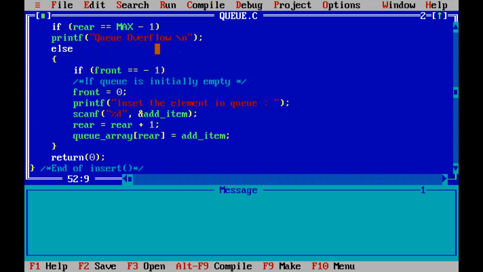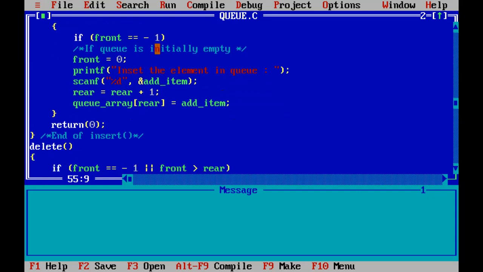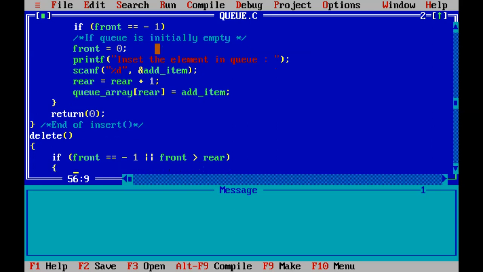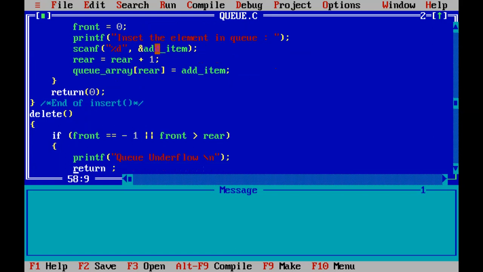Okay, and the delete function. Delete function means if front equal to minus 1 and front is greater than rear, means the queue is empty and it will show the message queue underflow.